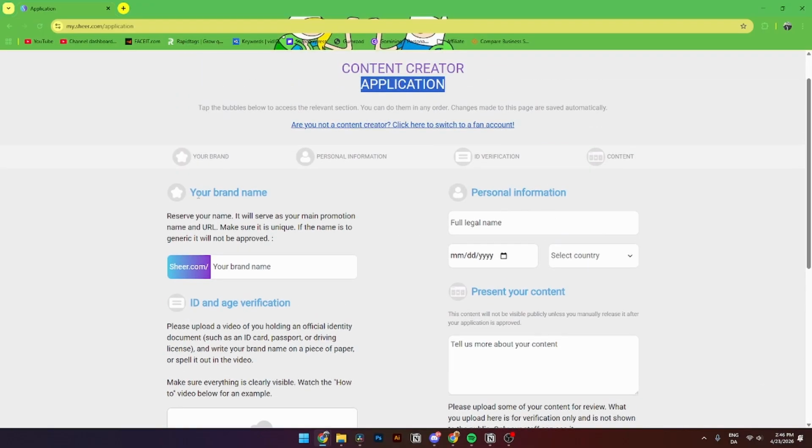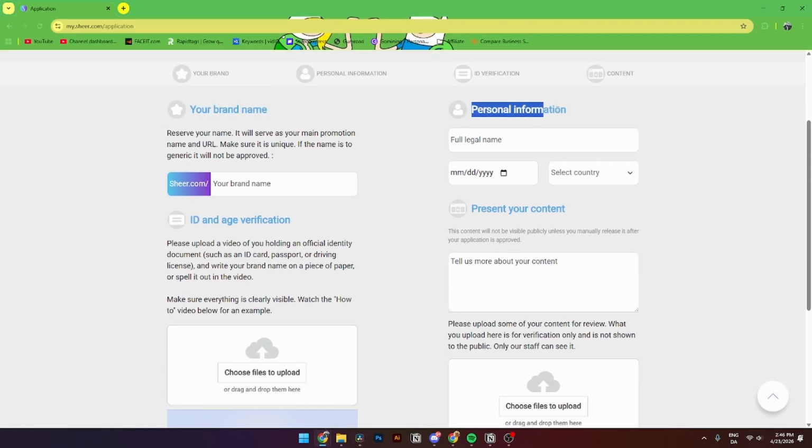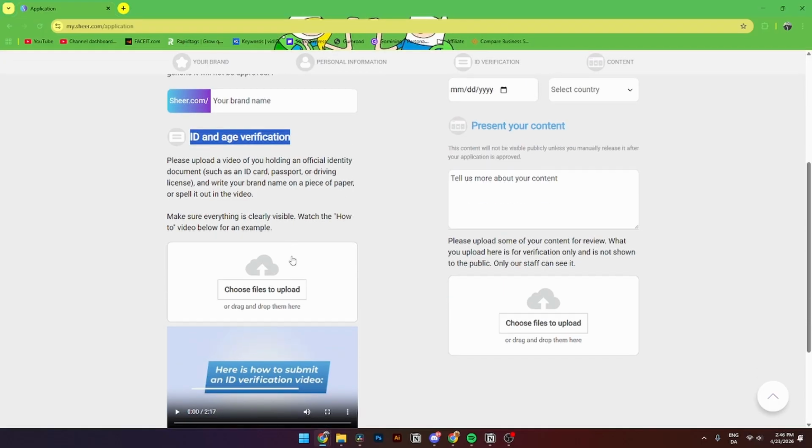From here you'll need to enter in your brand name or username for Sheer.com, then your personal information like full legal name, your birth month and birthday, and your country that you're currently living in. From here you'll need to add in your ID and age verification that you can upload right here, and you can add a present your content where you can put a little bit more about your content yourself, and down